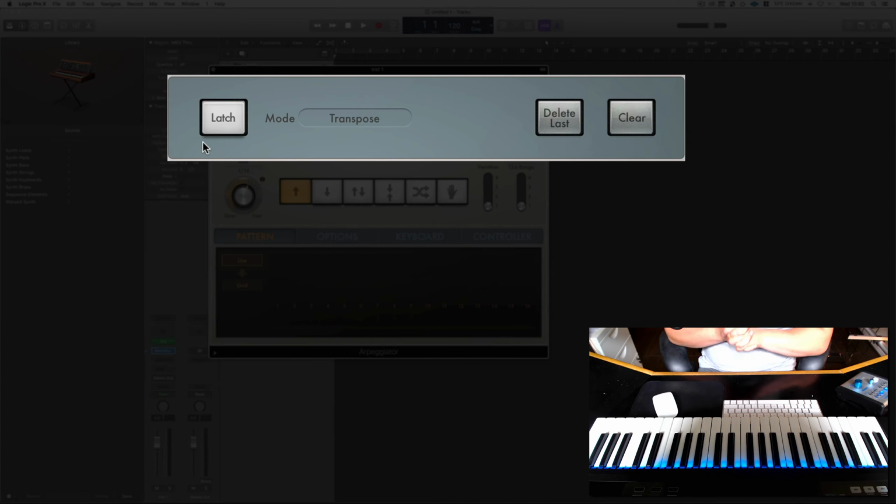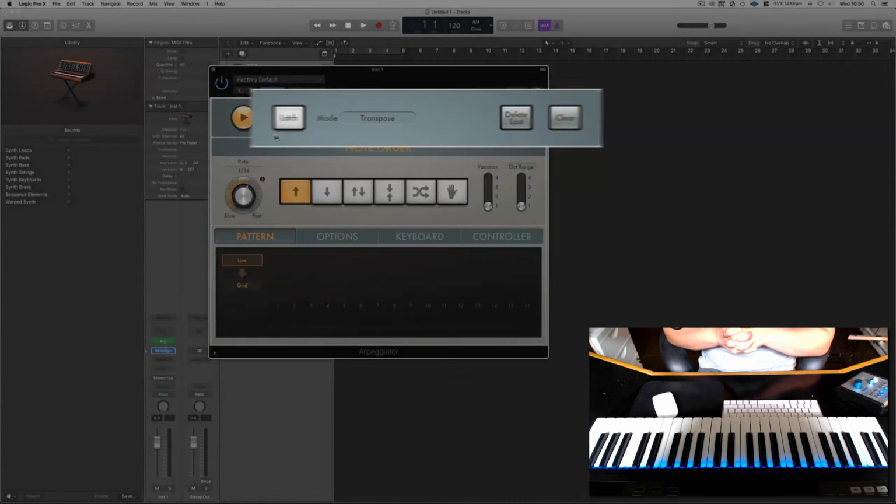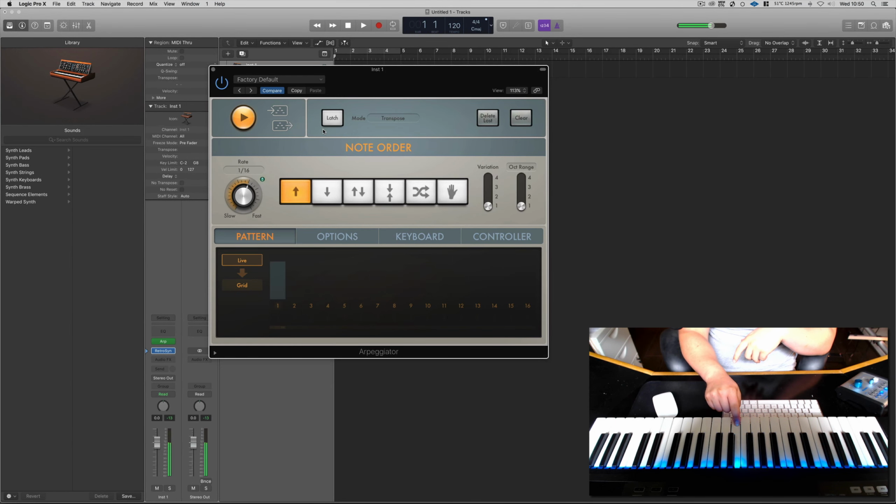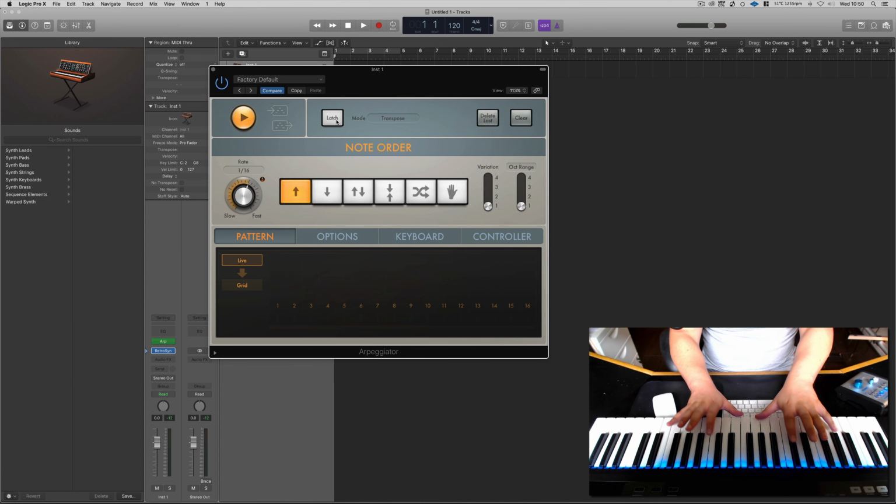Latch, this is your sustain, if you like. So if we play a note and then take our finger off, the note is going to stop. But if we click latch on, it's then going to carry on that note. That's quite handy if you're playing chords, and instead of taking your hands off to then play another chord, you're going to get a slight gap in between the notes, so a bit of silence. So latch is a perfect way to then play your chords, let go, play another chord, and it's just seamless